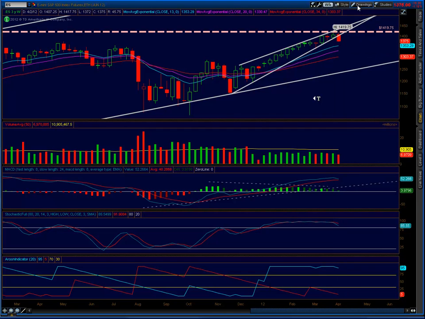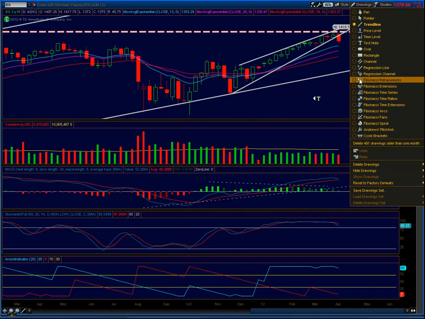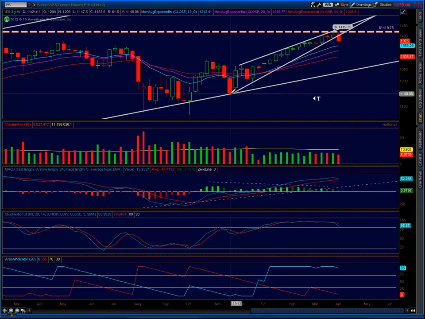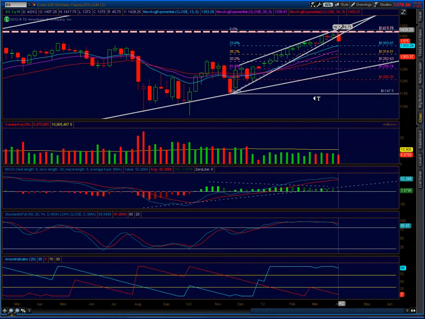So let's look at what happens when we do a Fibonacci retracement, which would take us to the 50% right over here, around the 34 moving average, somewhere around there. So yeah, I do see it happening,